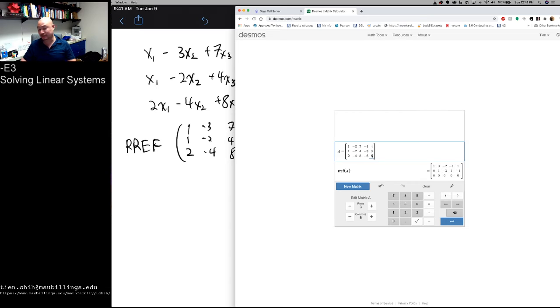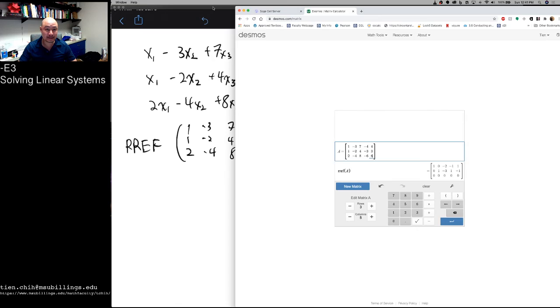And we achieved the reduced row echelon form as we see here. A row of zeros, and above it 0, 1, minus 3, 1, minus 1, and above that 1, 0, minus 2, minus 1, 1,